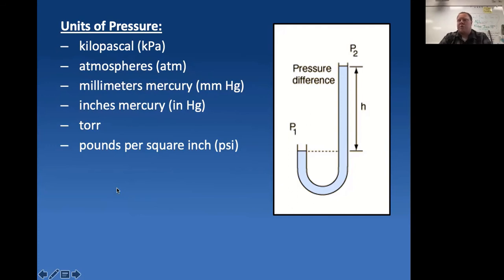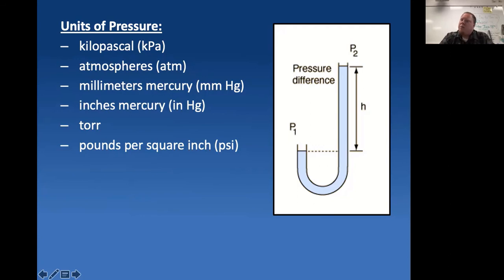The other way we can measure pressure is by how much it weighs, how much the liquid would weigh. So how many pounds it can push up the tube per square inch of the tube. Pounds per square inch is one you might be familiar with. The metric version of that is the Pascal. So kilopascals, kilo meaning 1,000 of them. Pascal is a unit of force. It's a unit of push, just like weight is. It's similar to what a pound would be, but it's metric. So kilopascal is the metric version of pounds per square inch, dealing with weight.